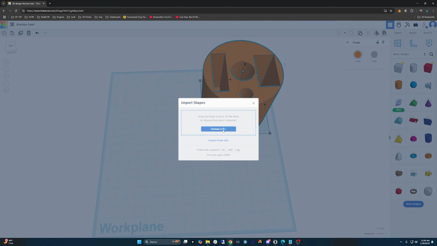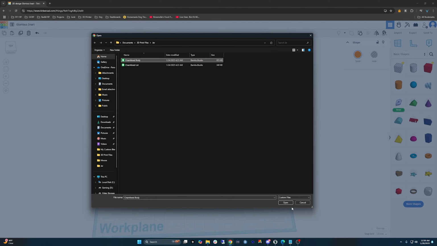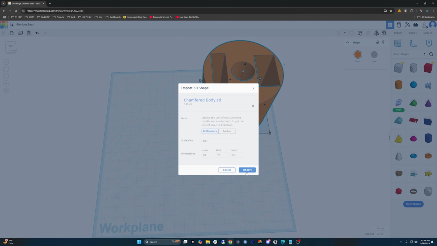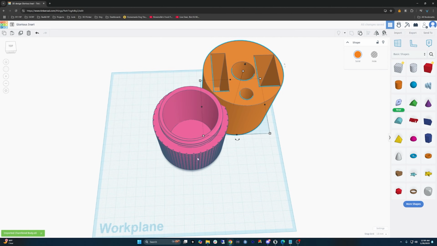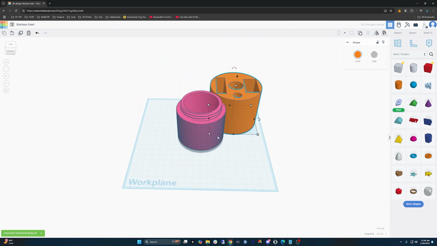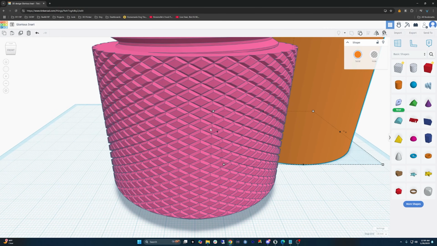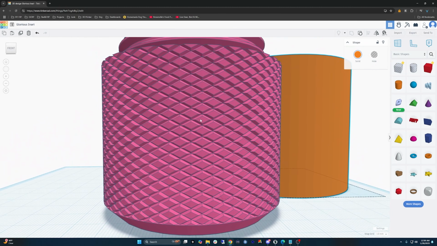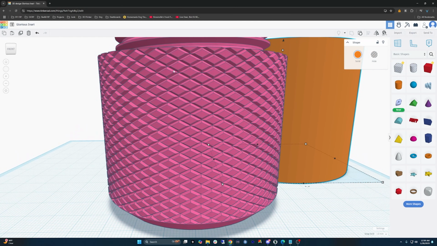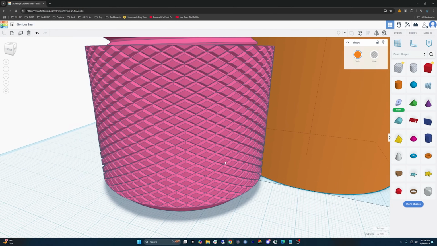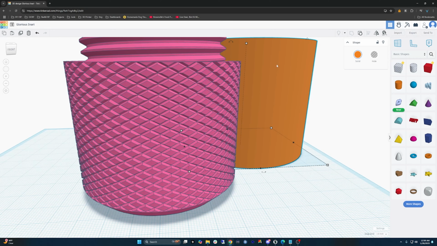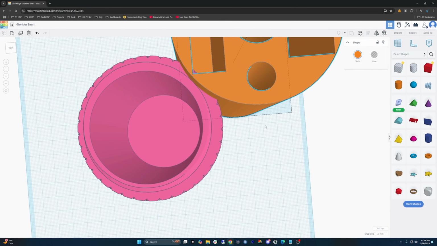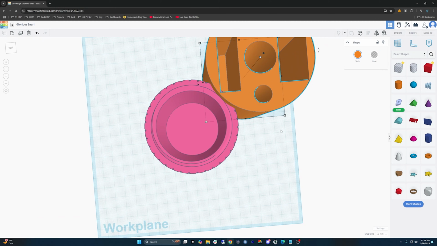We're going to import, and we're going to do this chamfer body. And as you can see, it's 70 by 70, and it's going to load here in just a second. And there it is. There is our chamfer body. I really like this design. Again, this was a piece that was done on Printables. Somebody went through and knurled the edges. I really like it very much so. Very much so that I went through and I put this cylinder in it for cigar accessories. And again, that was something that you can do as long as the